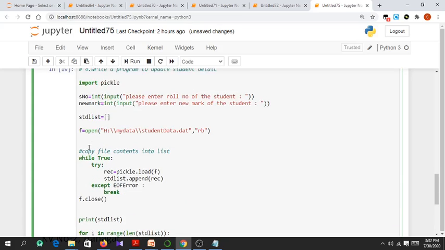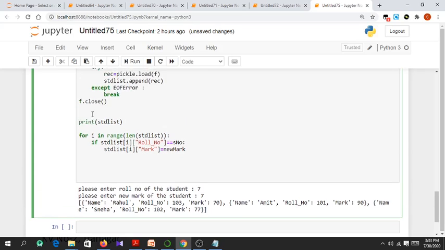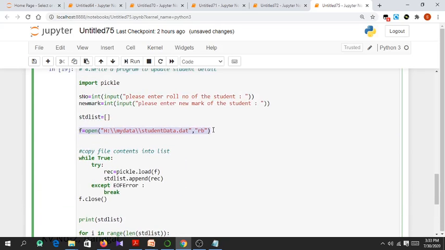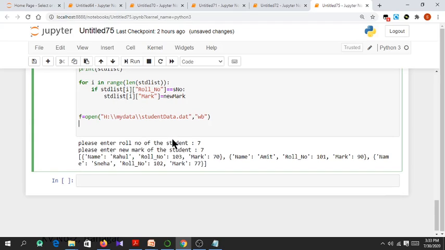All this updated data which is present, let me open the file again because we have already closed it. Now you need to tell me in which mode I should open it. I need to write this new dictionary into the file. Yes, I should open it in write mode because I need all previous data to be removed and this new list to be written there. So after opening it in write mode, let me write the data one by one.